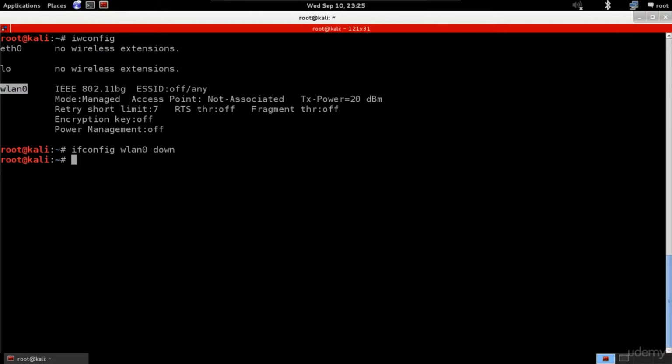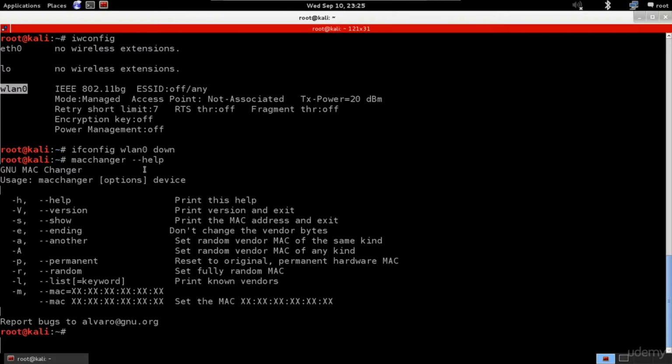We're gonna use a tool called MAC changer. So always with these tools, it's always a good idea to look at the help. So if you just go macchanger --help, we'll see all the options that we can use with this tool. So you can use --help and --version to show the version, and --show to show your current MAC address,